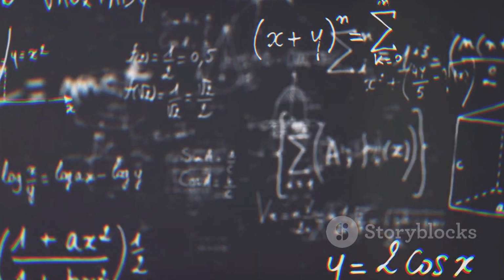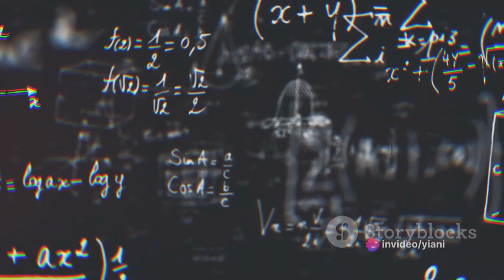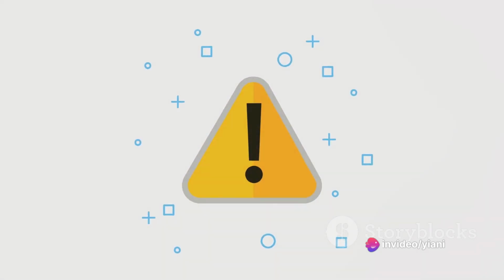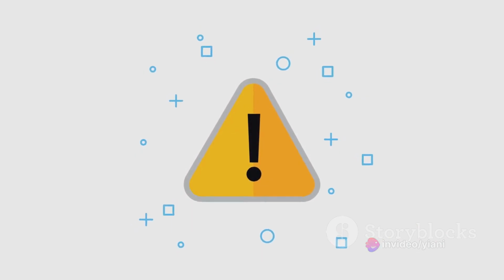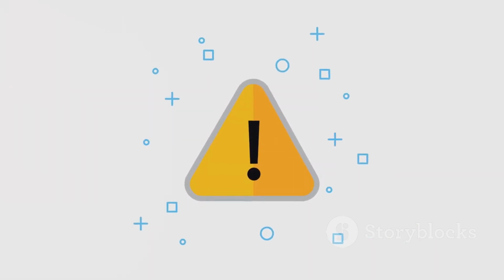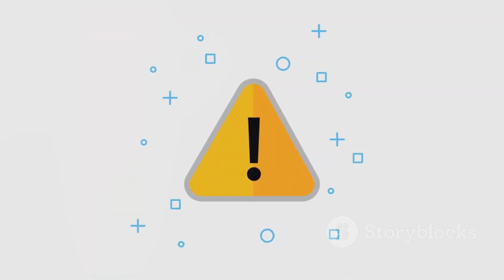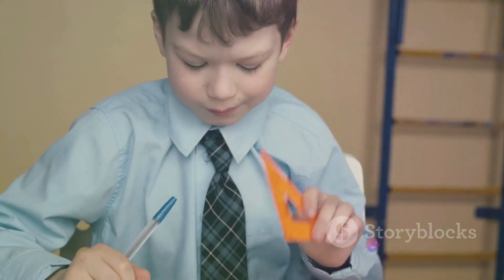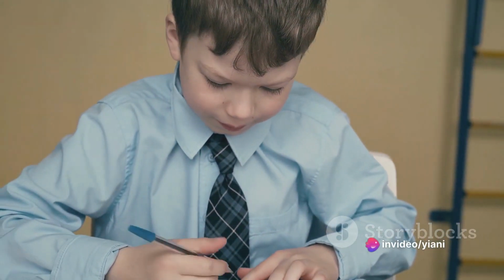The sine function is positive in the first and second quadrants, and negative in the third and fourth. The cosine function, on the other hand, is positive in the first and fourth quadrants and negative in the second and third. The trigonometric cycle is a handy tool for understanding the behavior of trigonometric functions and for solving trigonometric